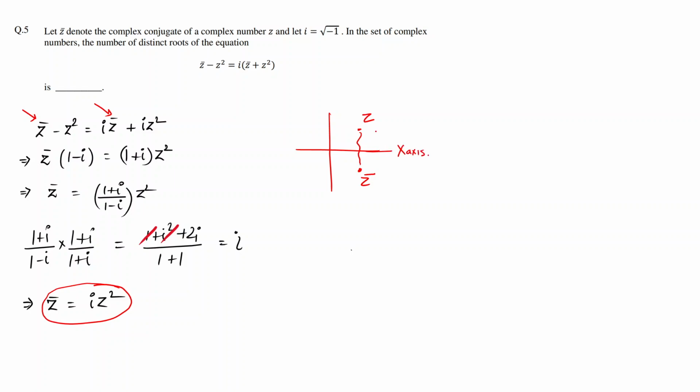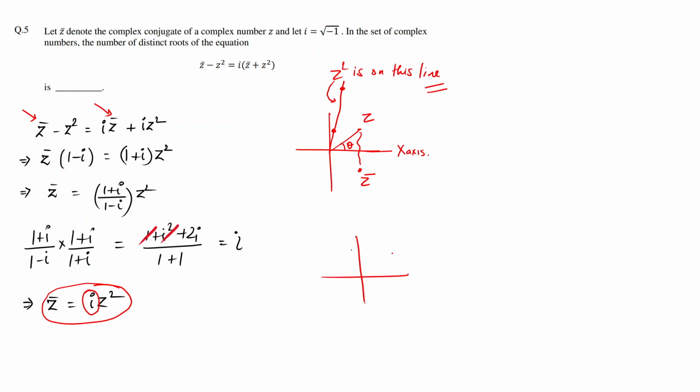And z square: if this is angle theta, z square will have an argument of 2 theta, and it could be on this line, farther or closer depending upon the modulus. So we know z square is on this line. If we know these things about the geometry of complex numbers, then we can understand. And one more thing is when you multiply by i,